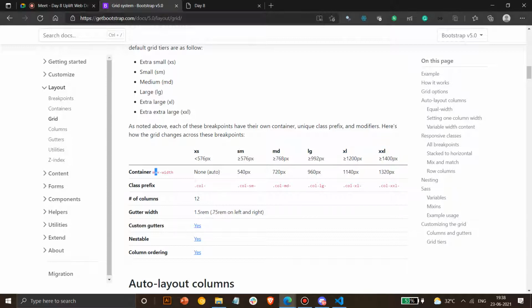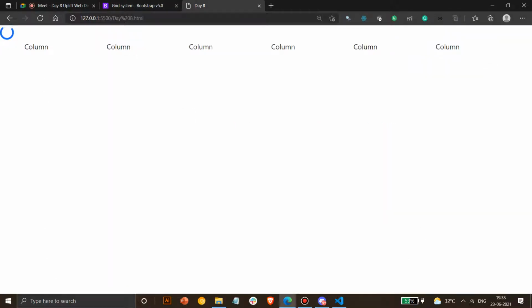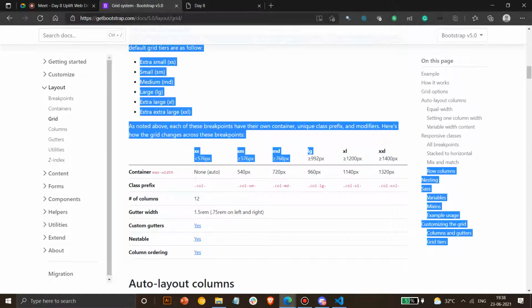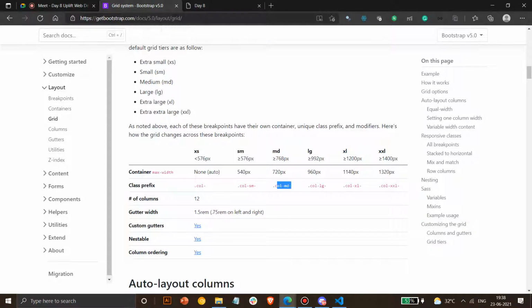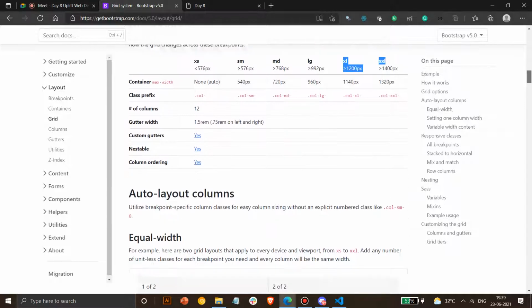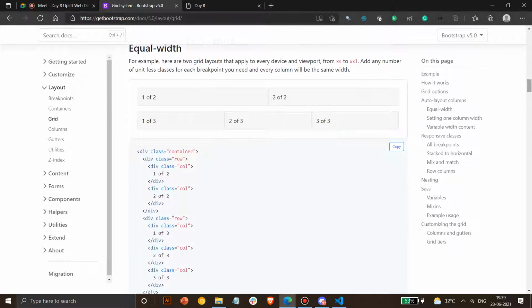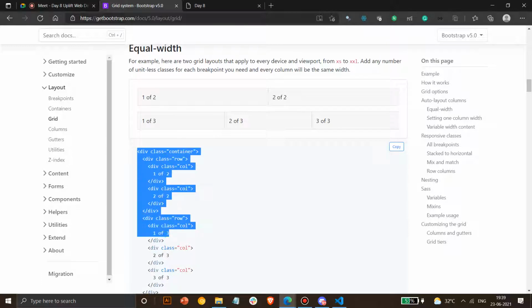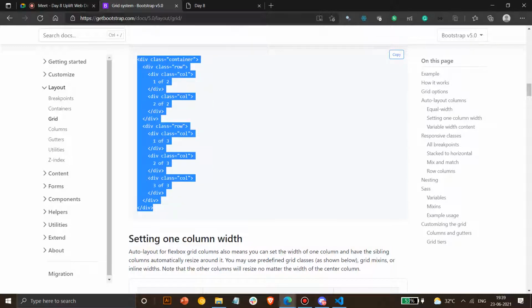And you have a max container width. Containers are basically the element which specifies content in a box. So these are the containers and prefixes, like col-md. I'll tell you the three main ones: you have to use SM, MD and XL. You can skip LG and XXL if you require, they are only required when there's a breakage. So mainly you use SM, MD and XL. Now I'll explain the grid system with this example.